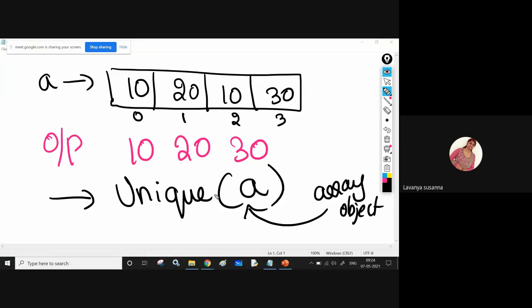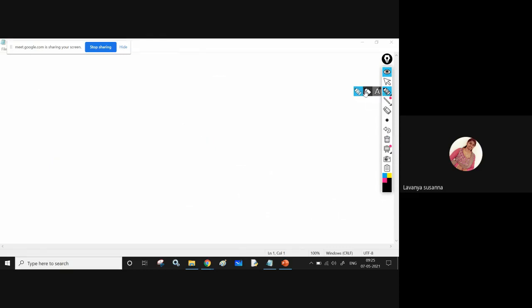Just use this function. If you want to use all these functions, first you need to import the NumPy package. From numpy import star. Then you can create the array, and then you can use these functions. I hope you understood. Now, next one.